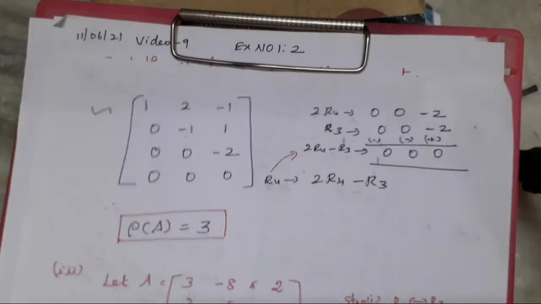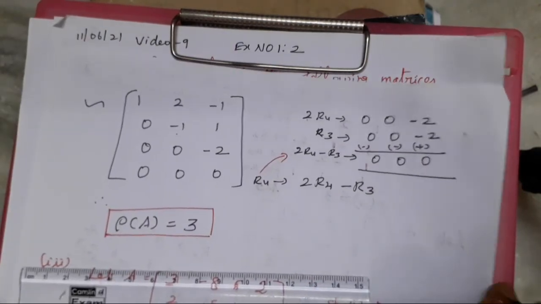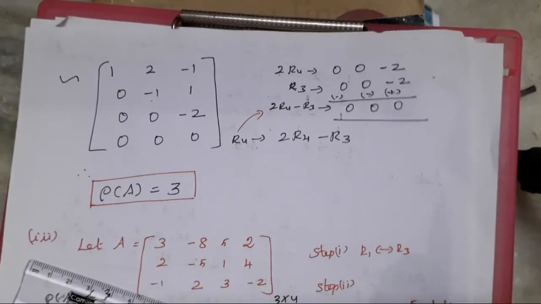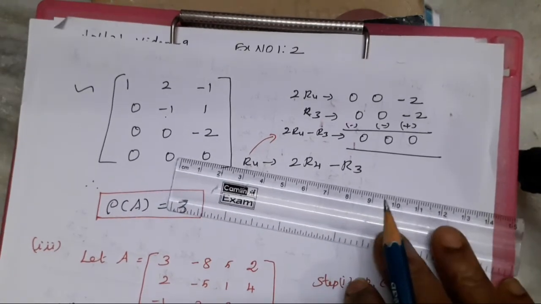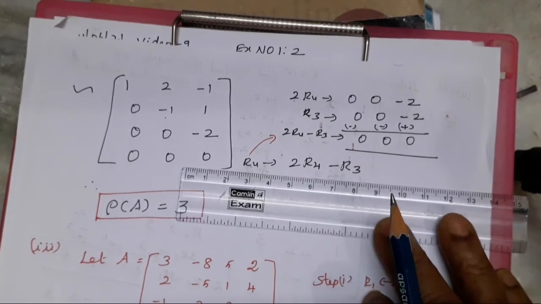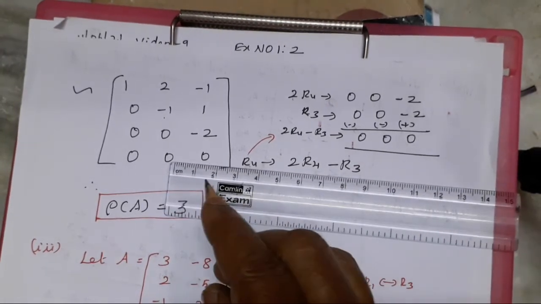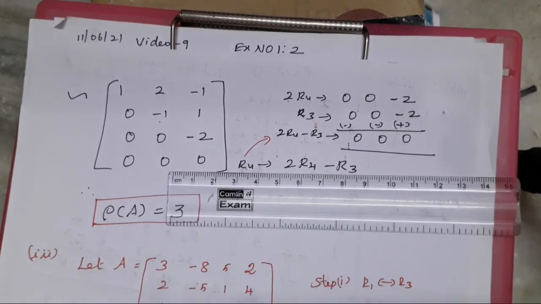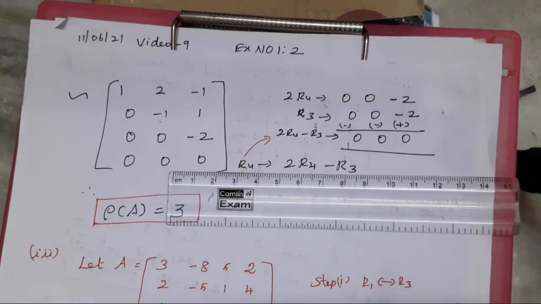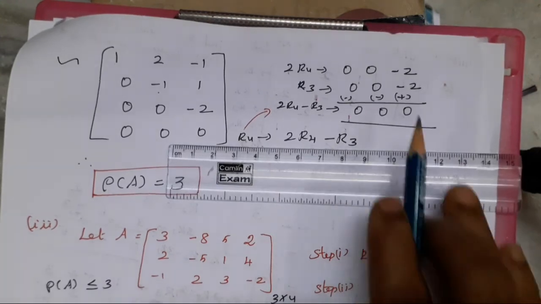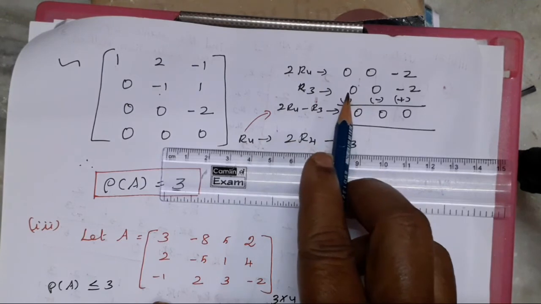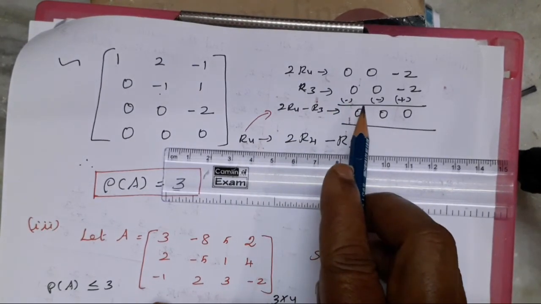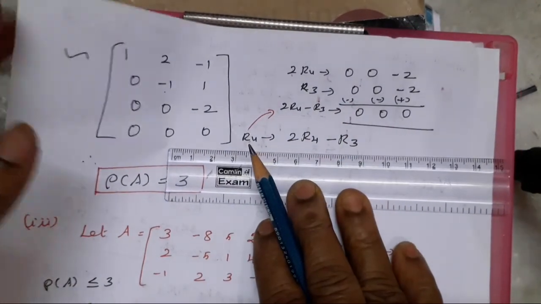So the rows R1, R2, R3 we write as they are. Follow the last step, what is given. Next, come to R4. How to find R4? R4 equals 2R4 minus R3, because you have minus 1 for this one. So 2R4: how will it come 0 for this element? It means 2R4. The R4 is multiplied with 2. Again subtract R3. So 2R4 minus R3.